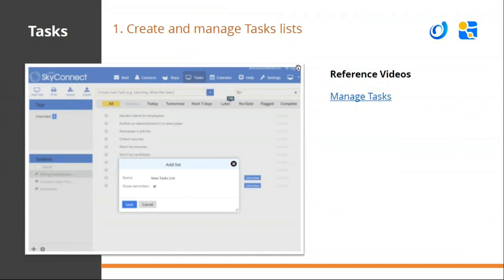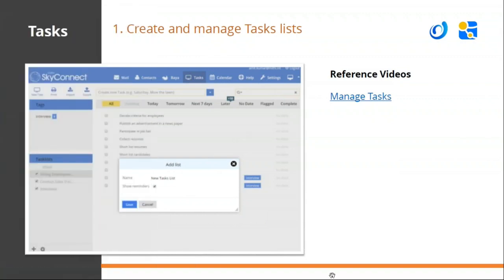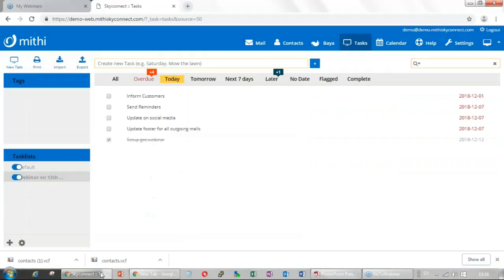Okay, so what we have done is, we have created a task list, and then in that task list we have added different tasks. So this is a created task list.